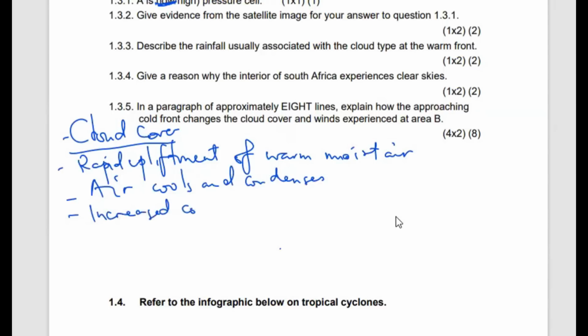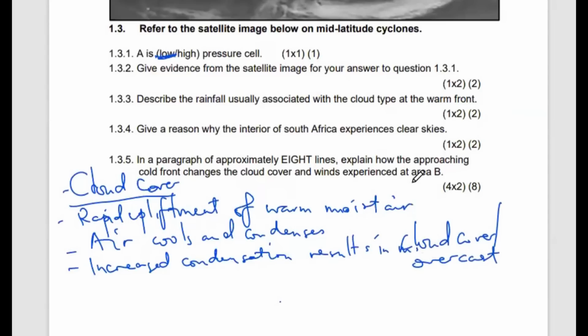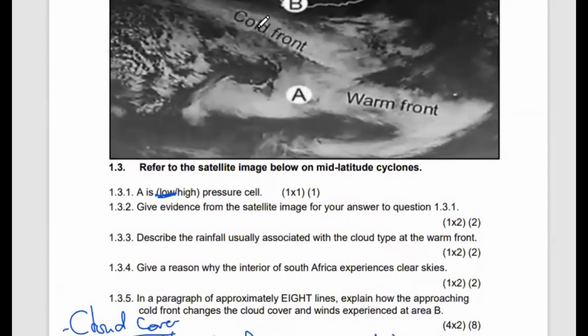Increased condensation results in cloud cover or overcast conditions. Right. So we are saying if the mid-latitude cyclone is reaching the area B, like the cold front you are seeing, the cold front is here, and